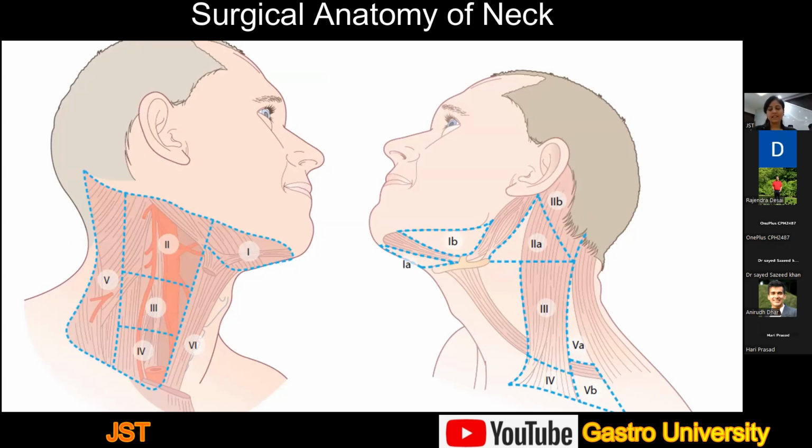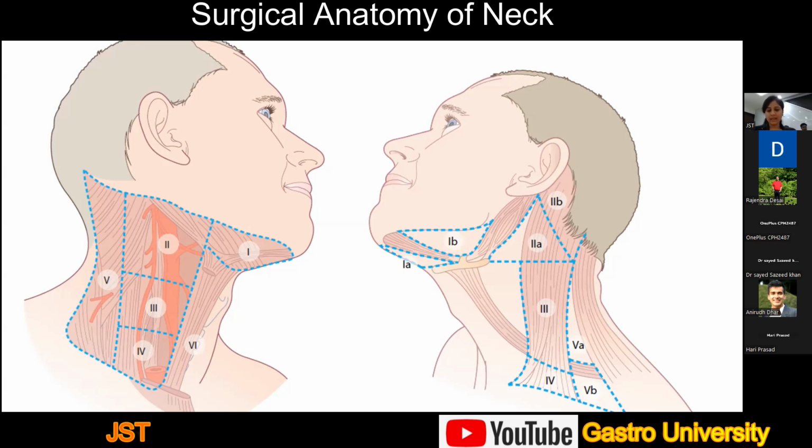So the spinal accessory nerve, the one which is cranial is 2B and the one which is caudal is 2A. Again, if the 2A is removed, we have to remove the 2B. Now, 2, 3, and 4, and then we have 5A and 5B. So 1A is the submental, 1B is the submandibular,